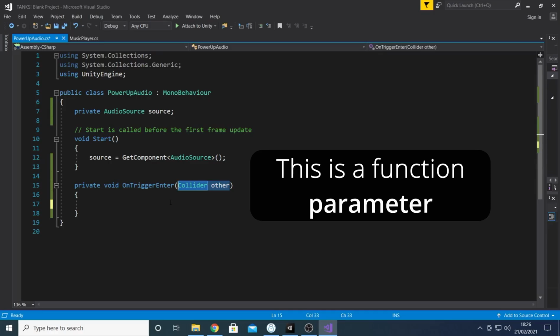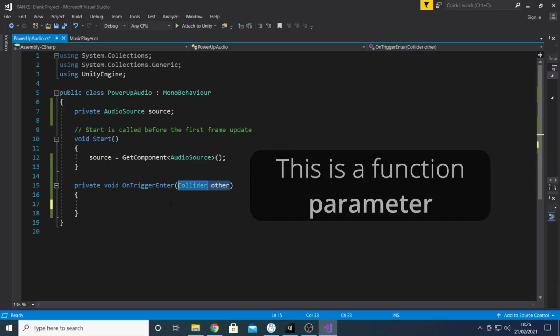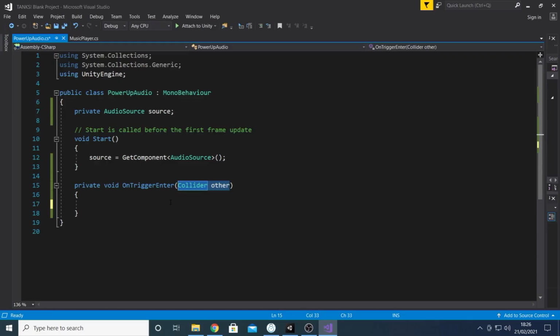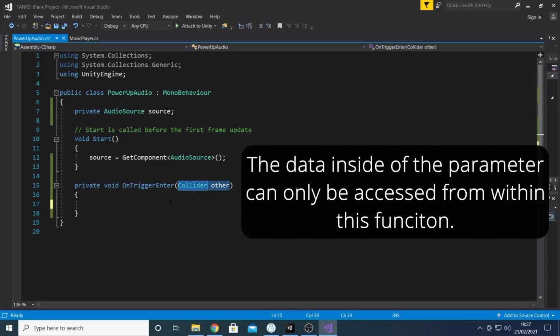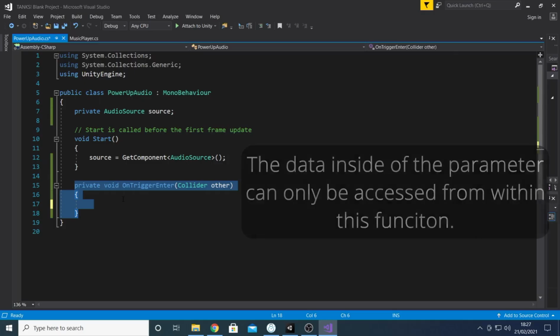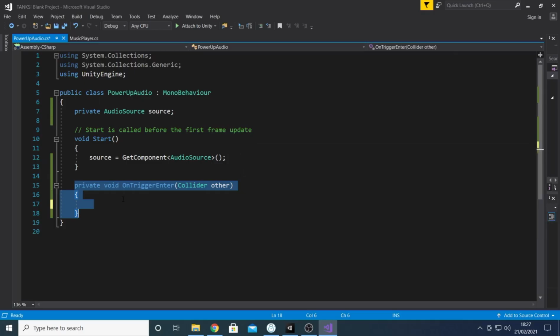Now, parameters can get a little bit confusing for beginners to understand, so we're just going to lightly touch on what it is that this one is doing, and then in lesson 4 of this module, we'll learn a bit more about why we might use them, as well as how to use them with functions other than the on-trigger functions. For now, it's only really important to understand that the variables declared in this way will hold data or information that is given to the function itself when it is called, allowing the function to do stuff with that